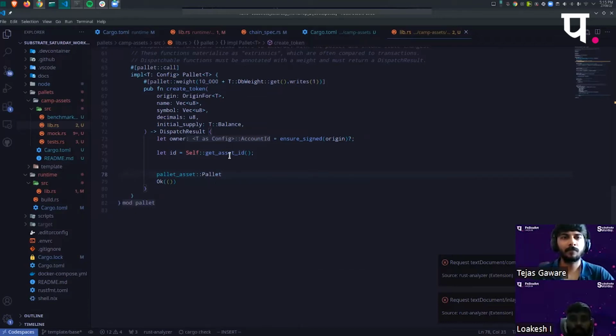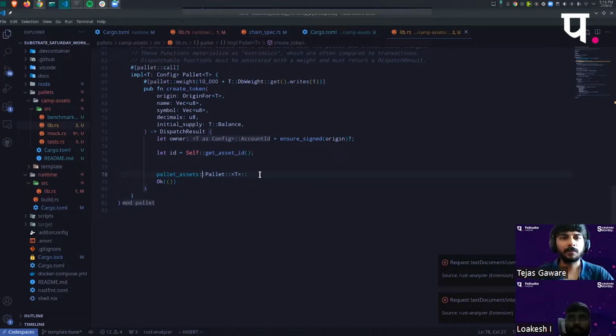So you can have something called palette, and then I use the turbofish syntax. Again, this is all Rust concepts. I have explained the turbofish syntax to you guys previously as well. So basically, I'm just saying this palette is of type T, so that I can pass the type T, which is all of the things that I've implemented for config for my palette asset as well when I'm calling it, right? And then I want to call the function that palette asset